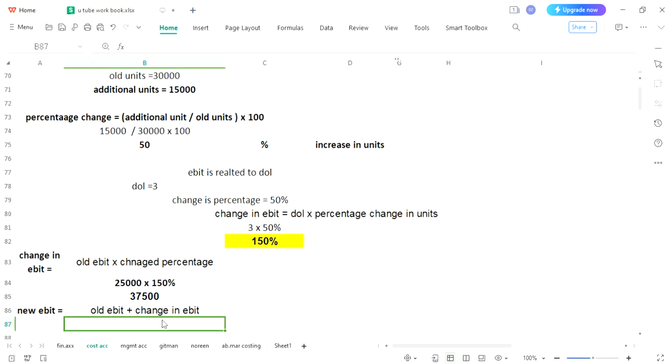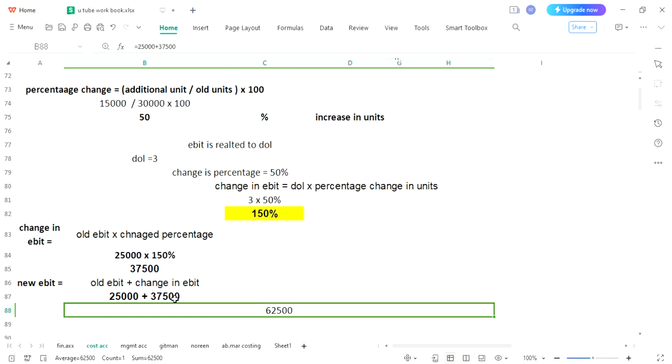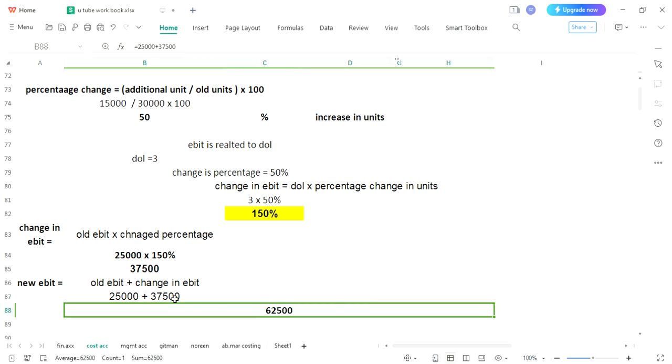Old was 25,000, and you will add your change 37,500. Statement is completed. Now you can put it on your calculator, 37,500. So in this way you have reached a stage where, without making an income statement, you have calculated your